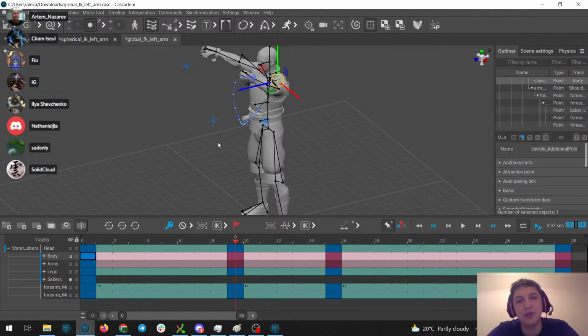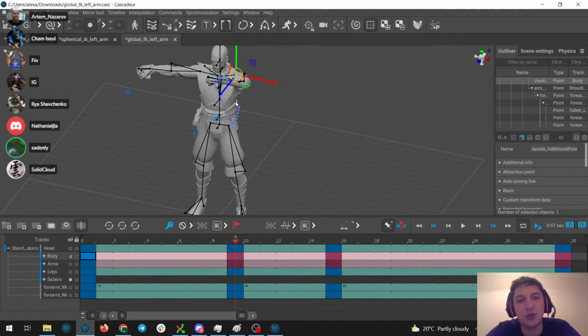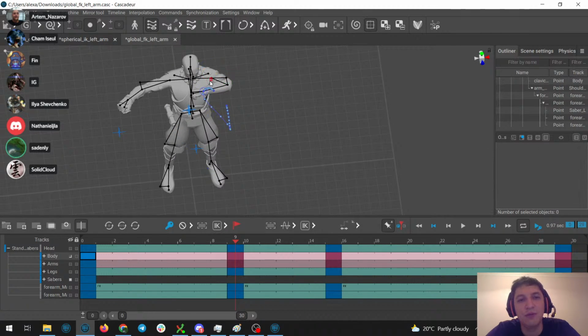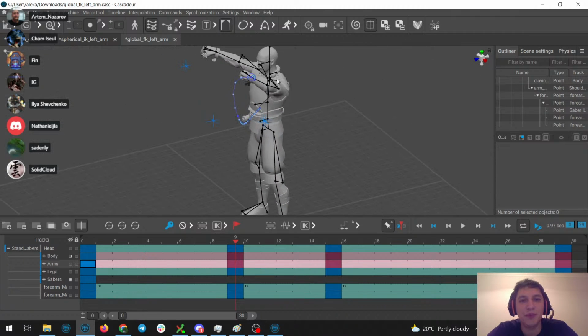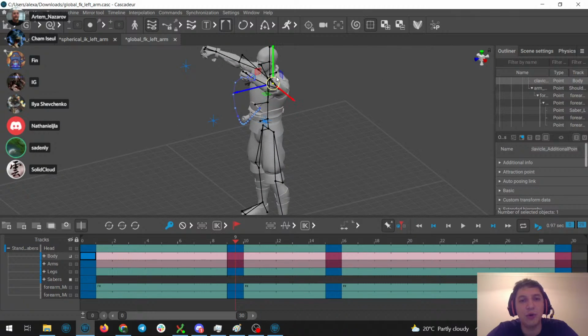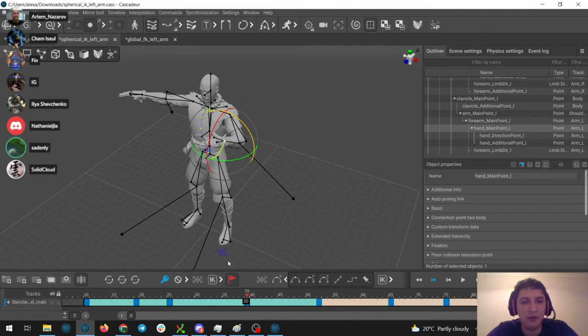It will experience very small changes, just because if this point moves, then it will change a bit, but there will be no problems as we usually have for FK.